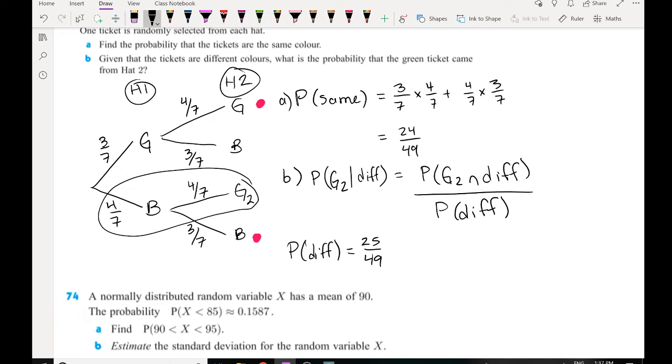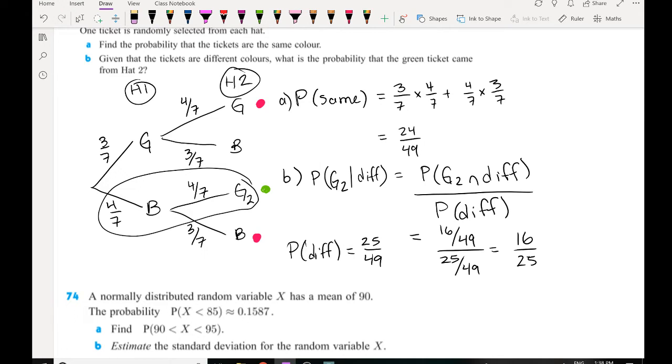In terms of what goes in my numerator, the probability that it's a green ticket from hat 2 and they're different, well, the only branch that corresponds to is this one. That's the only place where they can both be different from each other, and the second one, the hat 2 draw, is the green one. So I really just have to multiply down that branch, which gives me 16 over 49. So in my numerator, I end up with 16 out of 49. In my denominator, I end up with 25 out of 49. And so that gets me 16 out of 25,